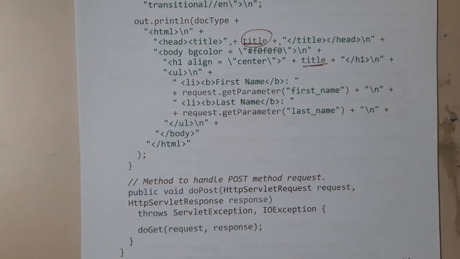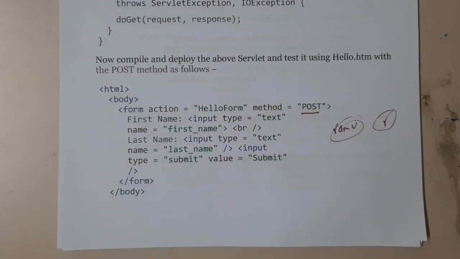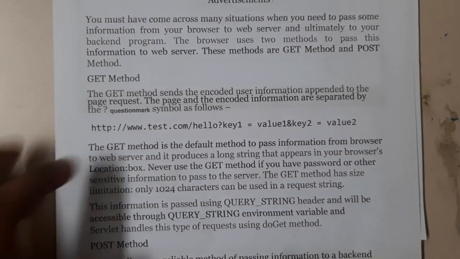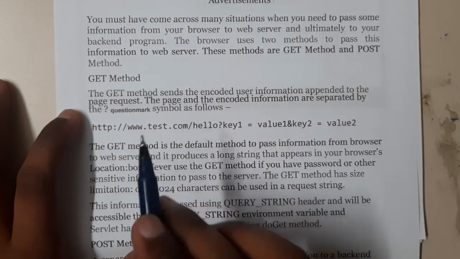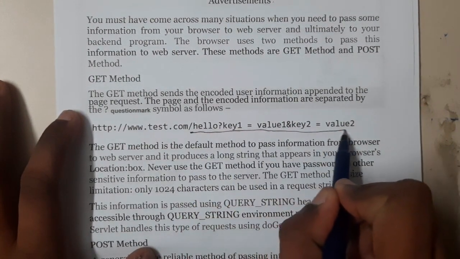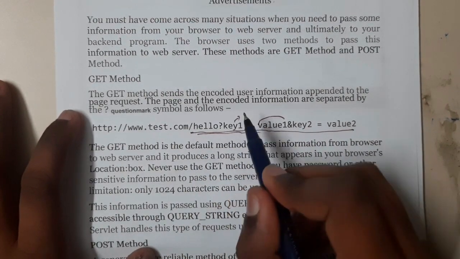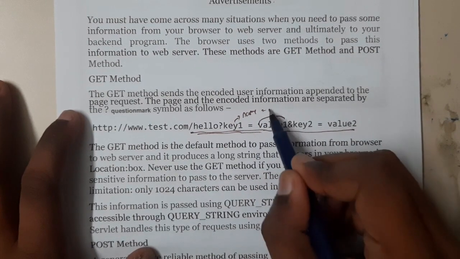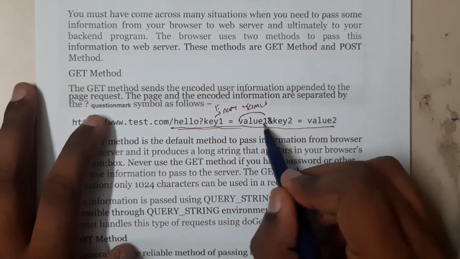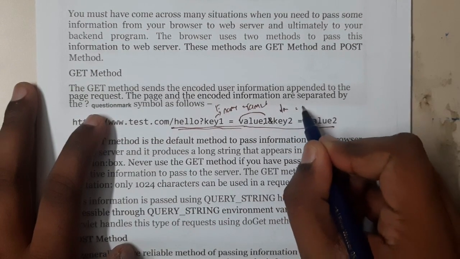So basically you might be having a doubt about how these transfers occur. If you want me to show an example, this example is already written in our PDF, guys. When you enter details in a form and click submit, if you observe the URL carefully, the address bar will have the details which you entered. So assume the parameter is name equal to Ramu, that is the first name, and since you are sending multiple things, we separate them, and assume the last name equal to R.